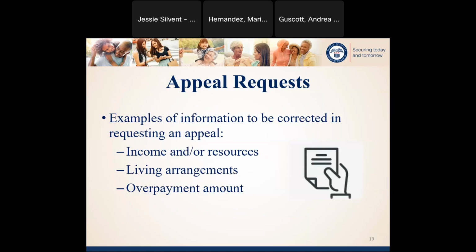There are several reasons someone may request an appeal concerning an overpayment on their record, including the income or resources that were used in establishing and calculating the overpayment. For example, if someone received a notice of overpayment that stated they were overpaid due to earnings exceeding the allowable limit, but the wages reported were from severance pay and not actual countable income under the earnings test, they would be a good candidate to file an appeal to have the fact of the overpayment reviewed and reconsidered by SSA. Living arrangements are another example of a reason someone might want to consider filing an appeal.